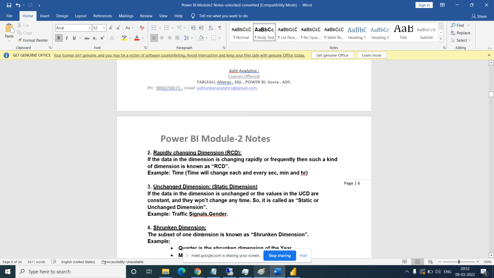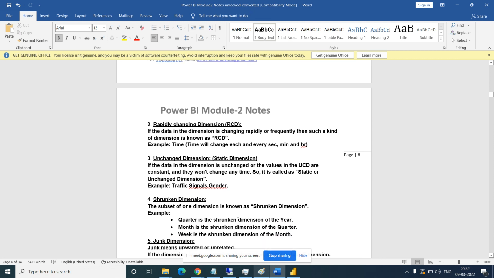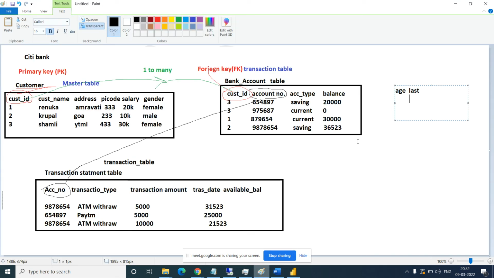Okay, now shrunken dimension. What is a shrunken dimension? Shrunken is nothing but a subset of the dimension. So let's say you have one date column. In this date there is 1st January 2022, then 2nd January 2022.